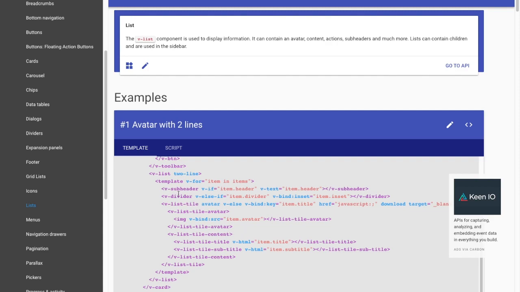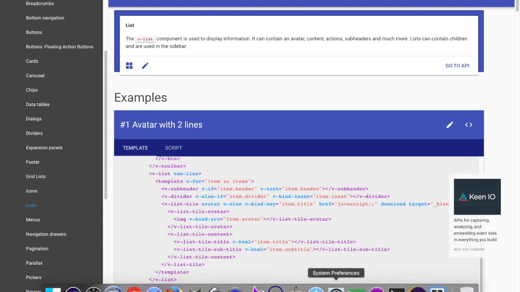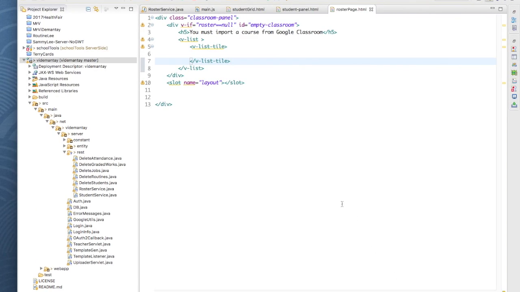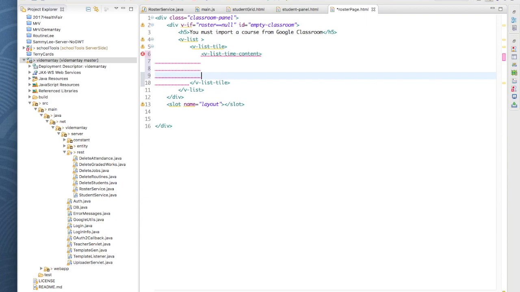And notice how they use the v-for. So v-for item in items, and then they do their components that way. So we're going to be following the same thing. Just wanted to make sure that I was right. We have a tile, and then we can go v-list-tile component content, I think it says. And the content here will be,